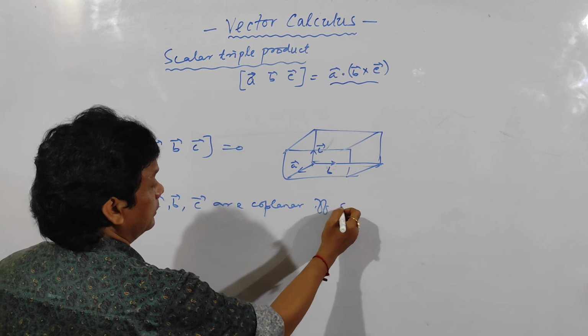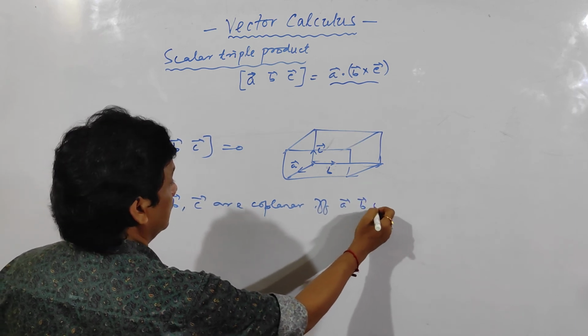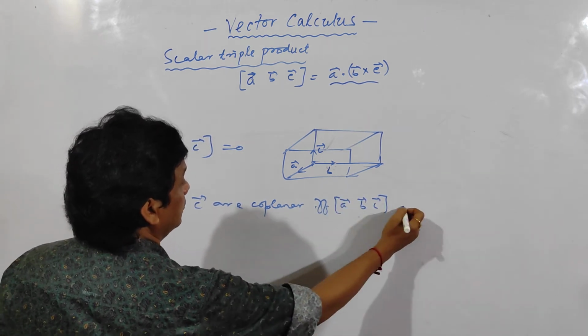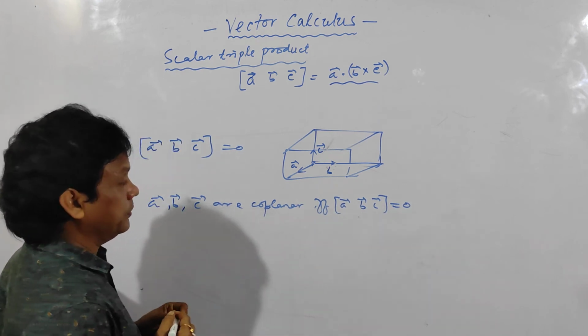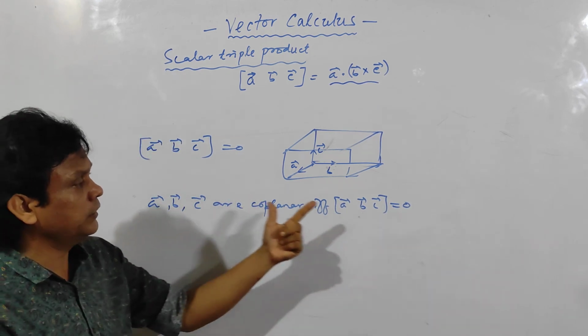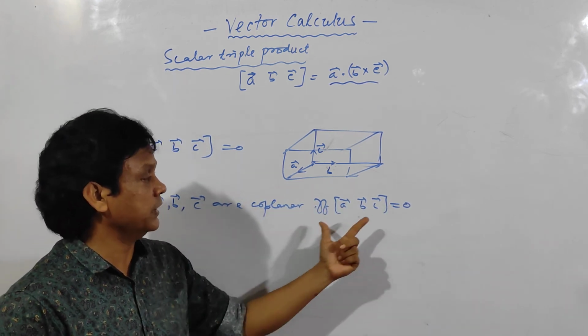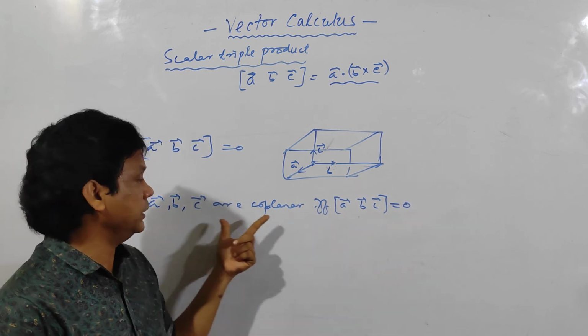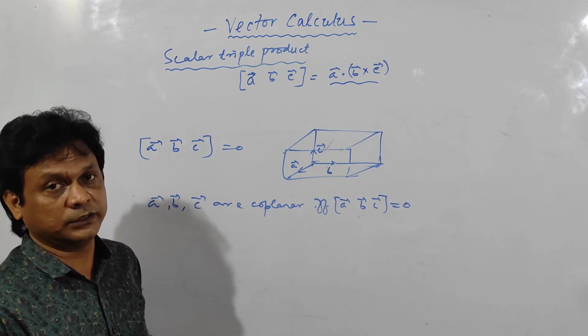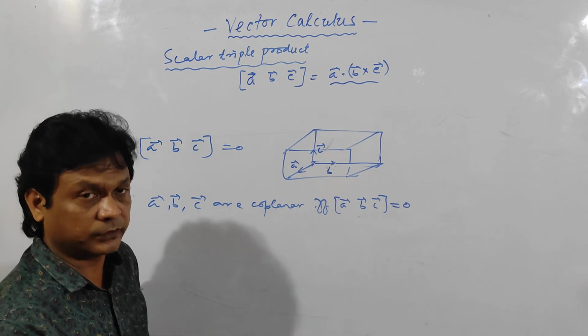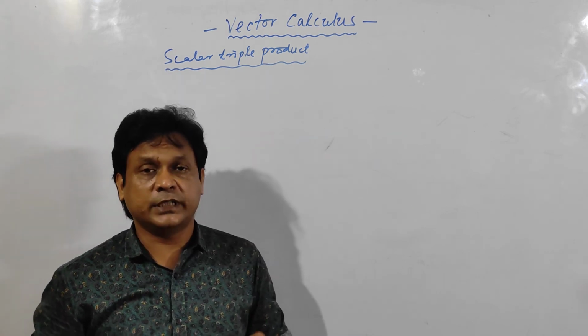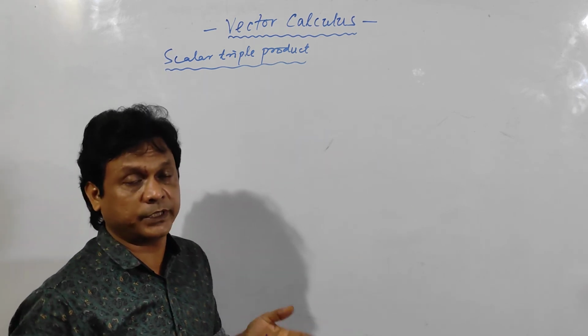if and only if the ABC triple product is equal to 0. That means if the three vectors are coplanar, then the triple product is 0. Reversely, if their triple product is 0, then the three vectors are coplanar. Clear? Now another question: how to find out the A vector, B vector, C vector triple product,